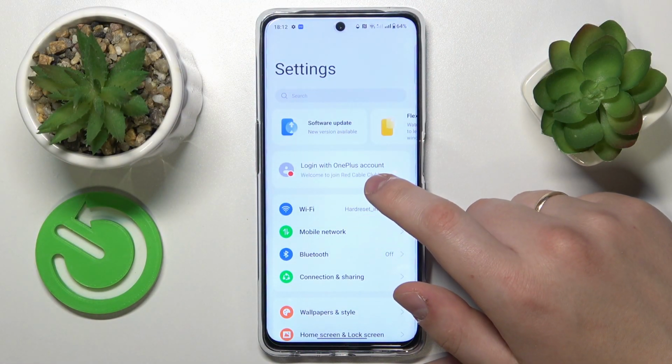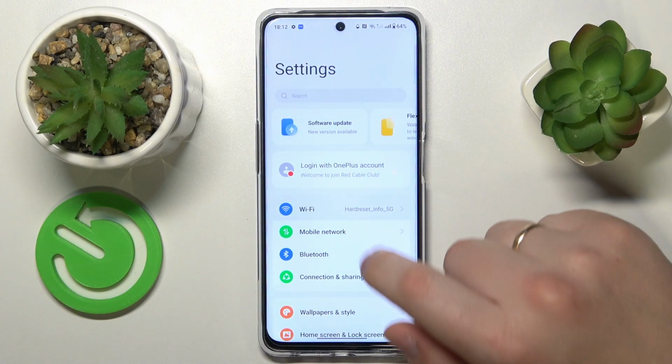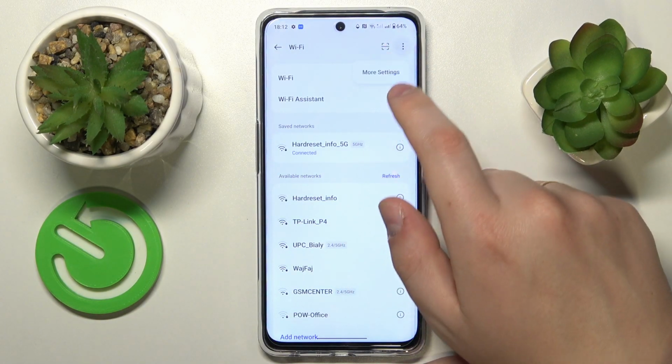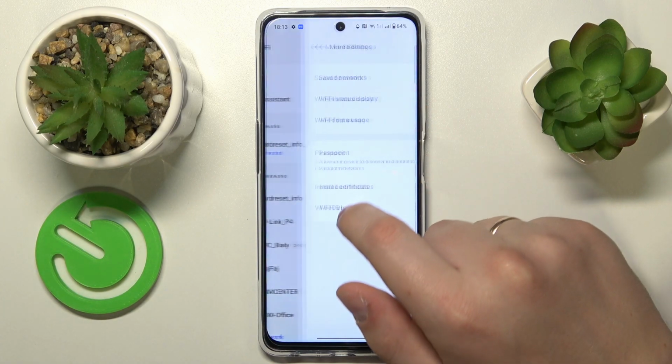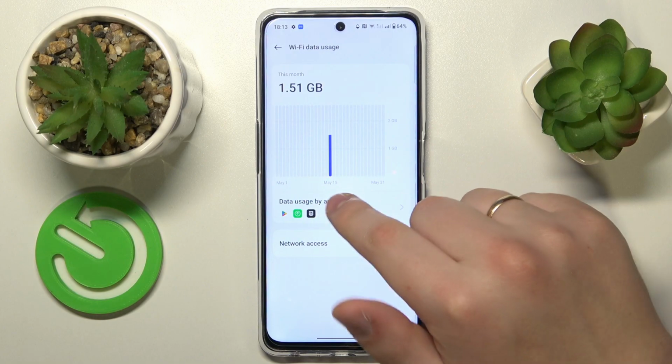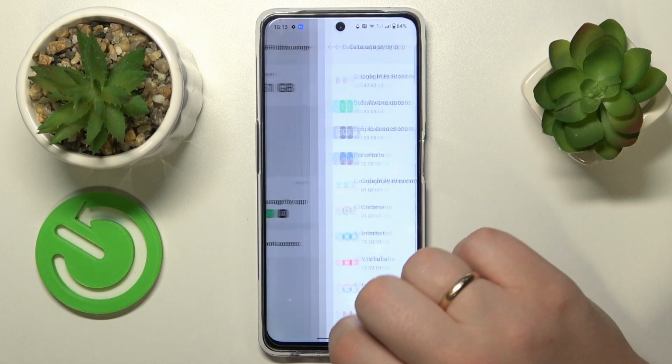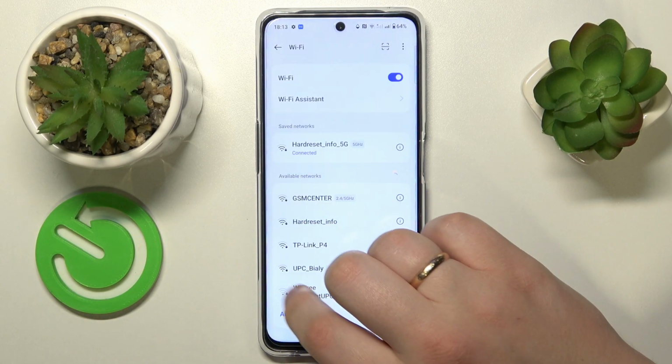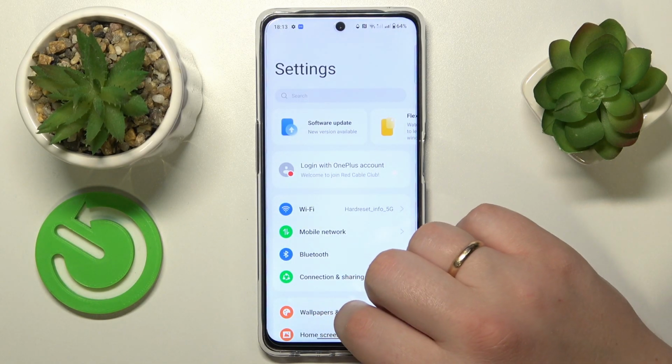From here, if you would like to see your Wi-Fi data usage, go for the Wi-Fi category, then expand this additional menu, go into More Settings, and here is the Wi-Fi data usage, as well as the data usage by app sections. On the other hand, if you would like to check your cellular data usage, get back to the